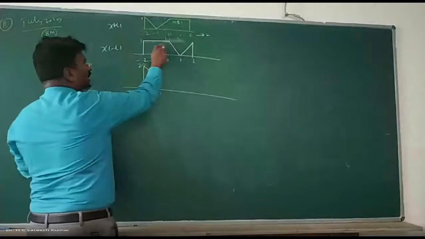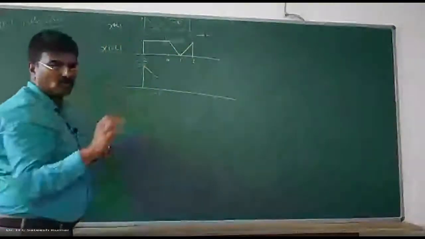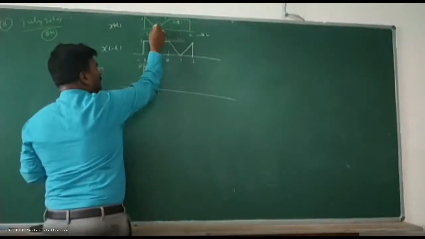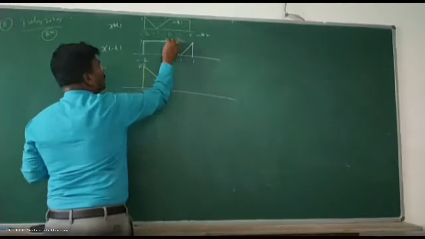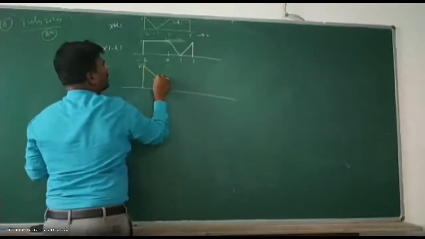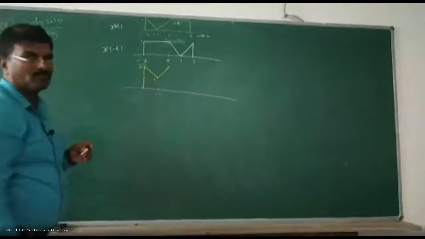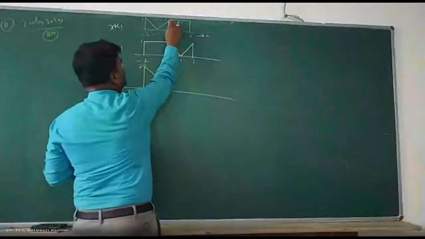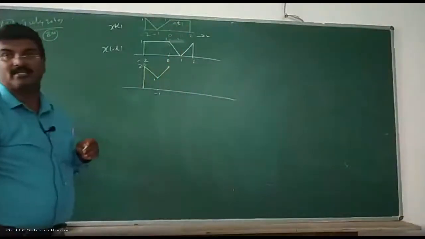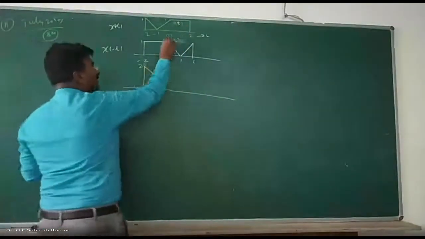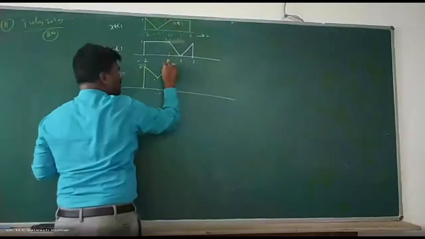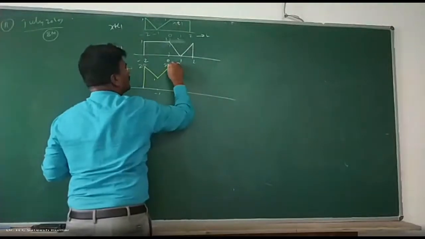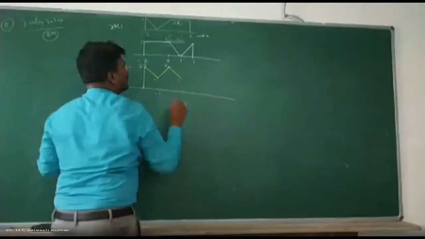Okay. Now constant plus increase is increase. Go to endpoints and fix it and join. Here the value is 0 plus 1 is 1 and 1 plus 1 is 2, and constant plus increase is increase, therefore it is increasing. Still very interesting. Observe carefully. Now constant plus decrease is decrease. Go to endpoints. What is the value? 1 plus 1 is 2 and 0 plus 1 is 1. So it is decreasing up to 1.